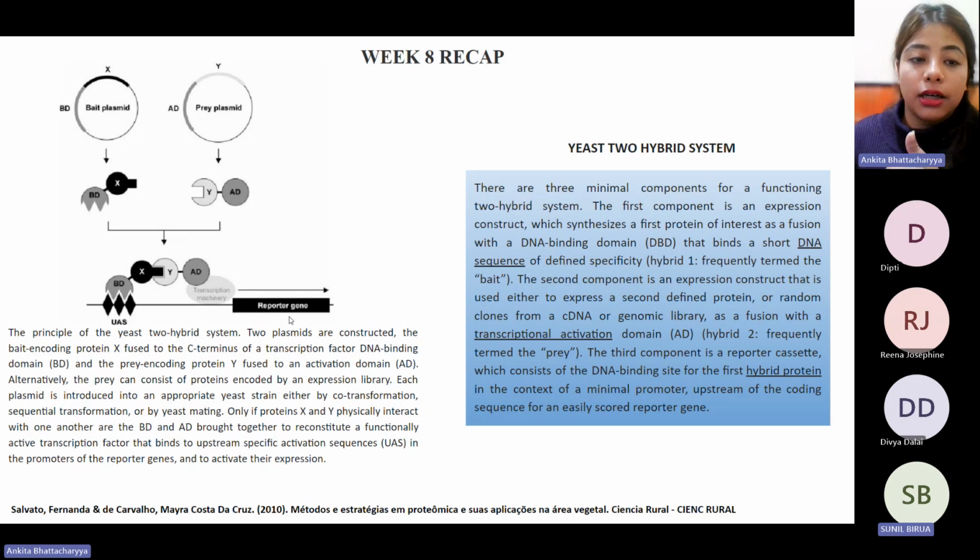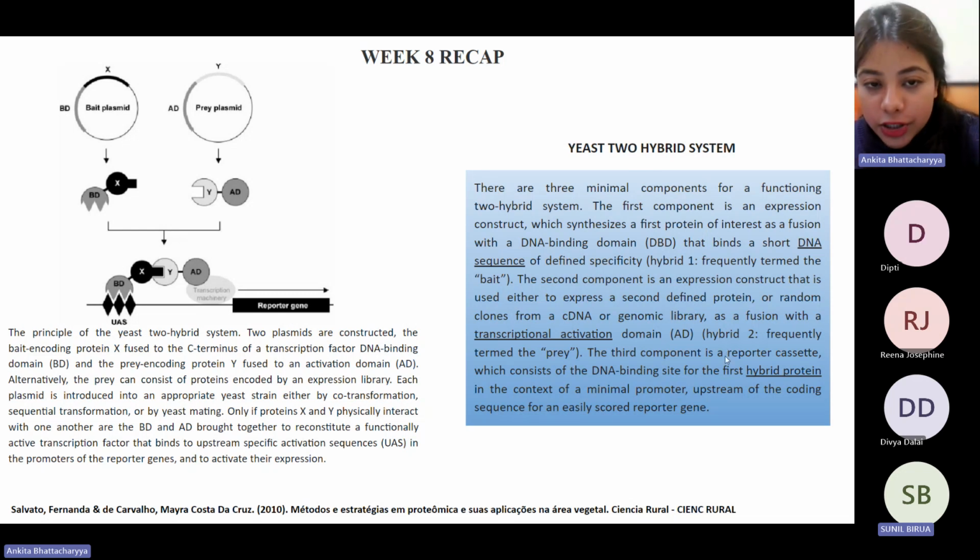When we see that the protein X and protein Y are interacting with each other, the DNA binding domain is able to bind to the UAS, or the upstream activating sequence, which is present much upstream of the reporter gene. And after interaction between X and Y, the activation domain is able to bind to the transcriptional machinery, which is assembled at the gene promoter, and it activates the process of transcription, which allows the reporter gene to be expressed. So it is completing the circuitry that allows for the reporter gene expression to be initiated. Therefore, when these two proteins interact, we will see that the reporter gene is produced. When they do not, you will not find any expression of the reporter gene.